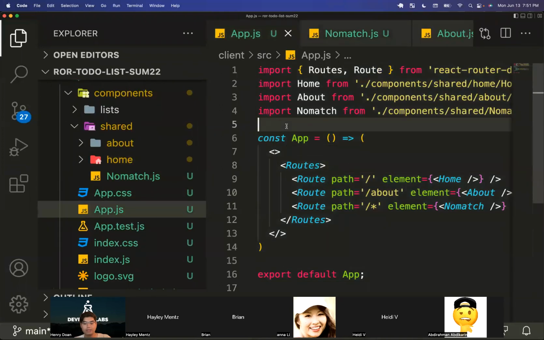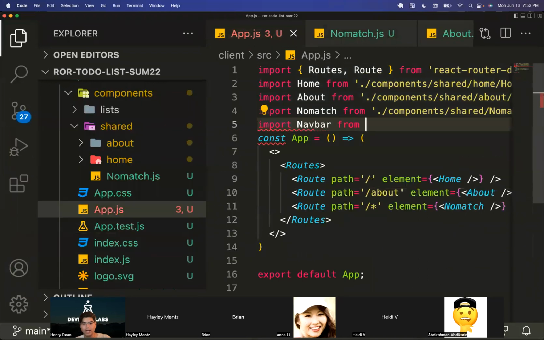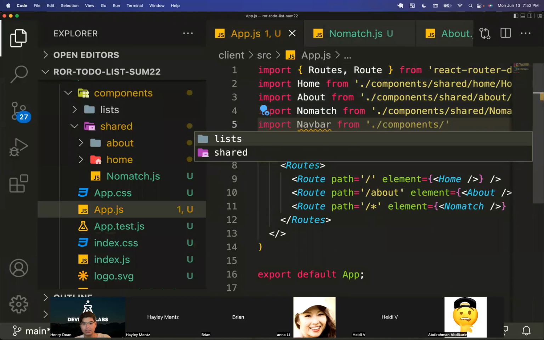One more thing is to have a navigational bar, so that way they know where and how to navigate. That one will also be in /component/shared